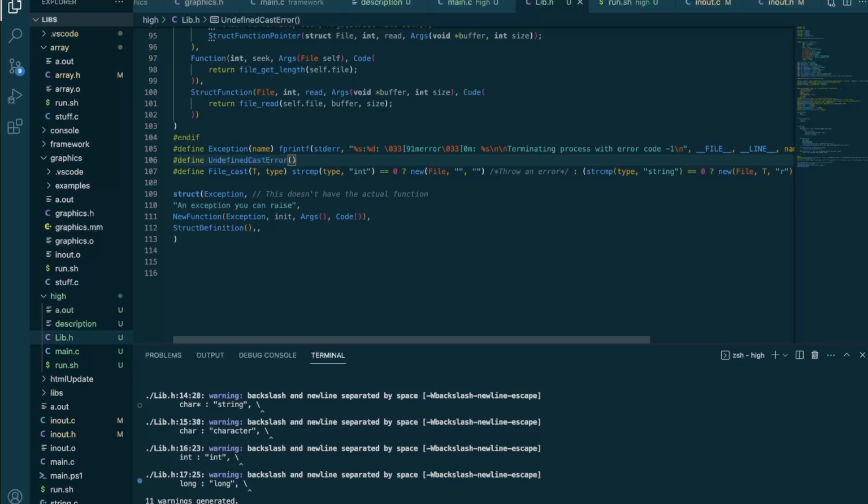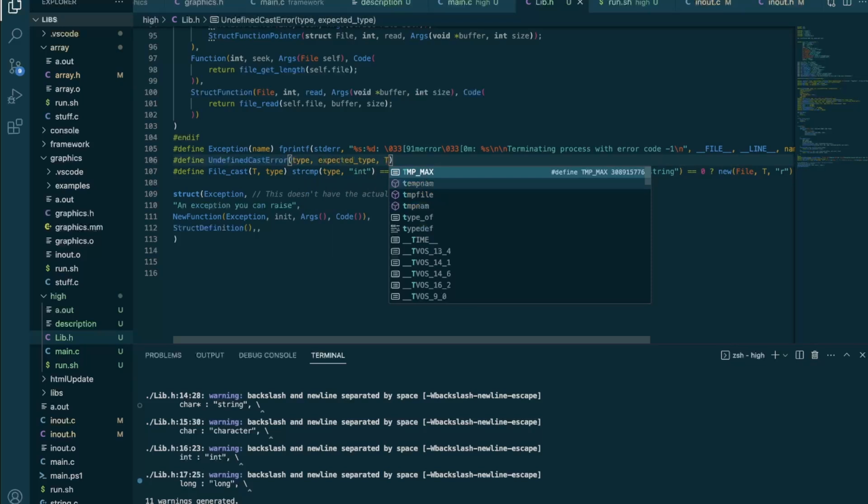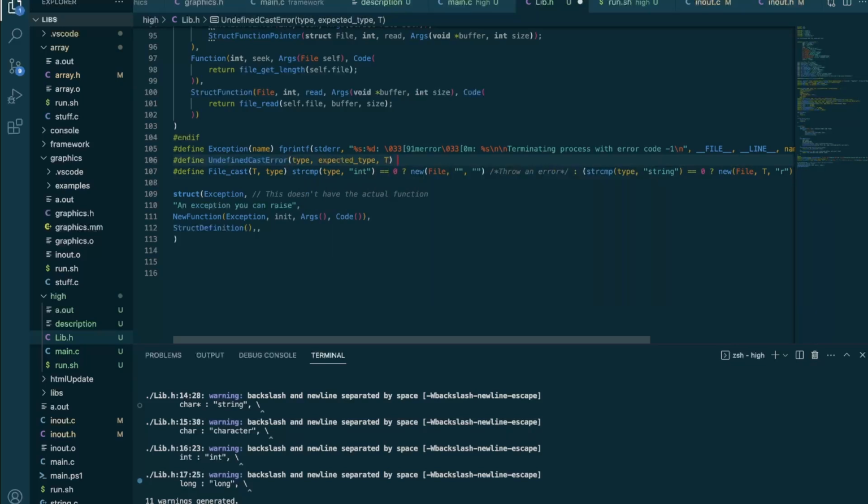And we could give it the type, expected type T. So I think we'll just throw an exception saying